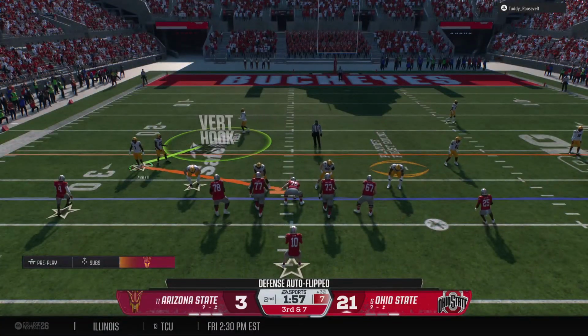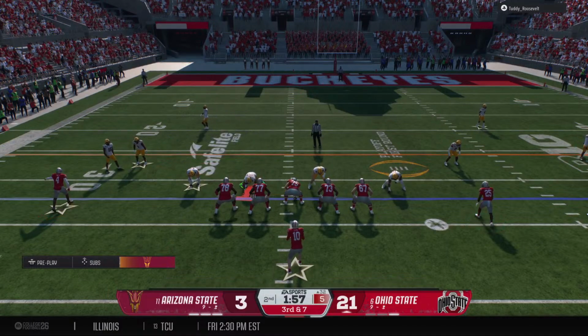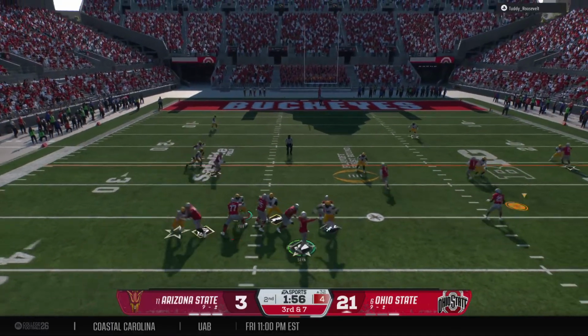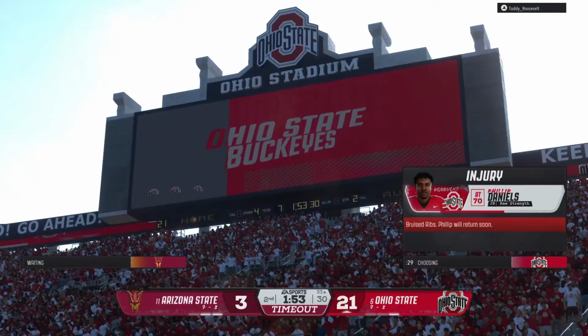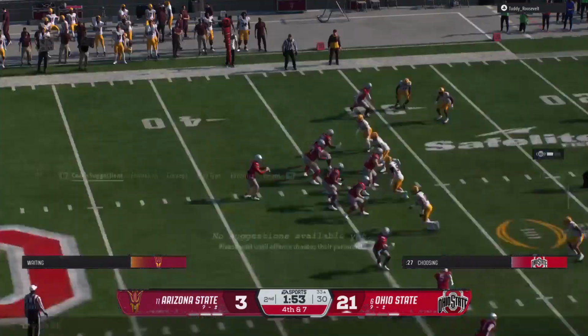They're backed up here, trying to make something happen on 3rd and long. To the air, it's Sayin. A throw to the running back in the flat. The defense all over it. They stop him right at the line.